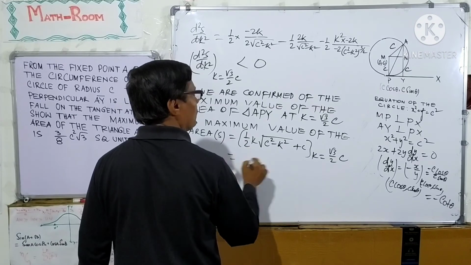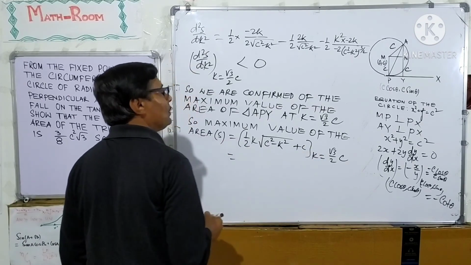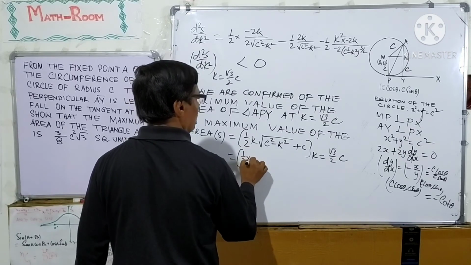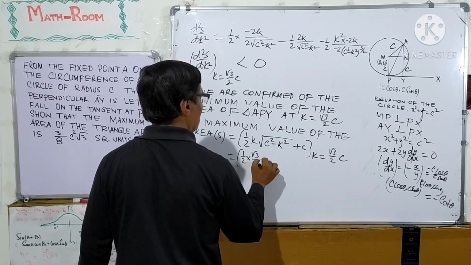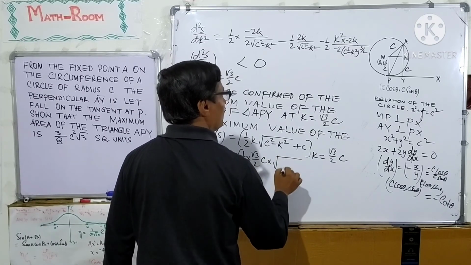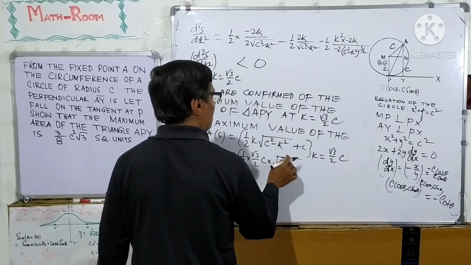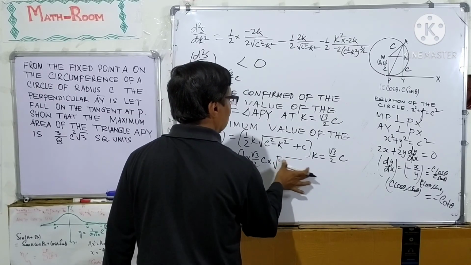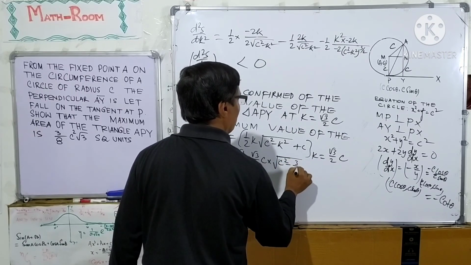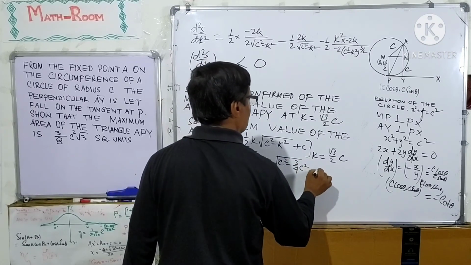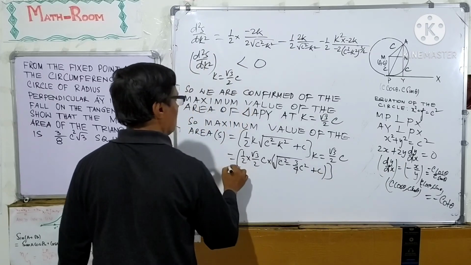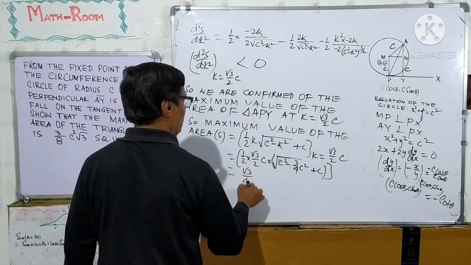If we put the value of k equal to root 3 over 2 into c, we get half into root 3 over 2 c into root over of c square minus 3 over 4 c square plus c, equal to root 3 over 4 c